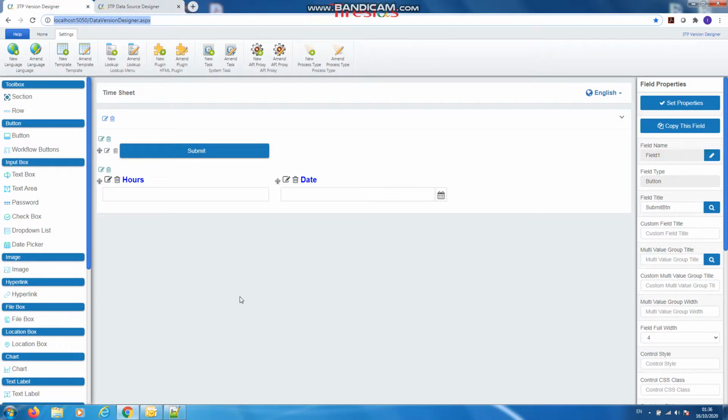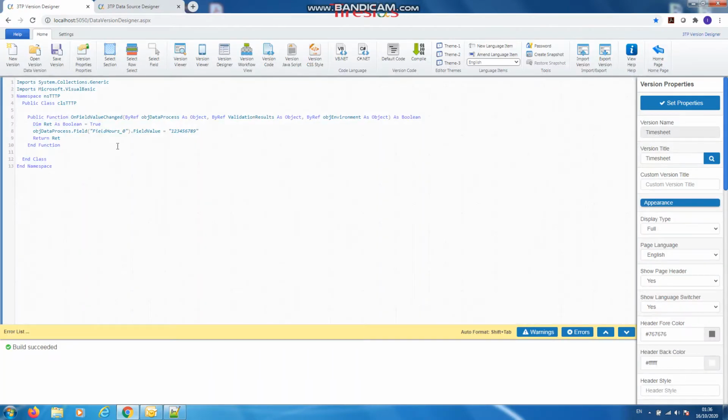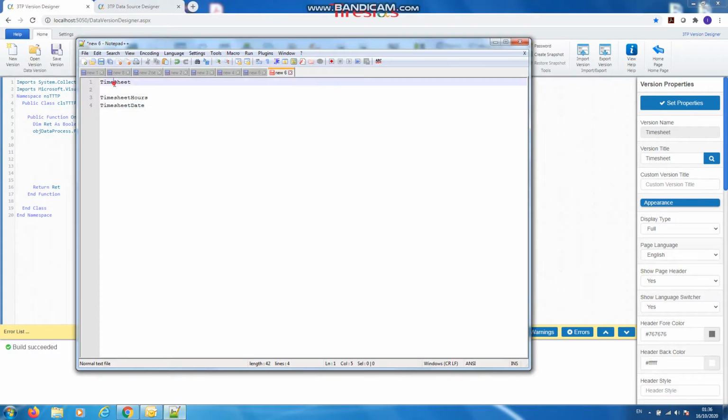Now we'll go back to our version in order to insert these details into that table directly. As easy as that, we go to the version code, and here we tell the system the following: we created this table, which is timesheet, so we tell the system to create an object from this table. So we go here